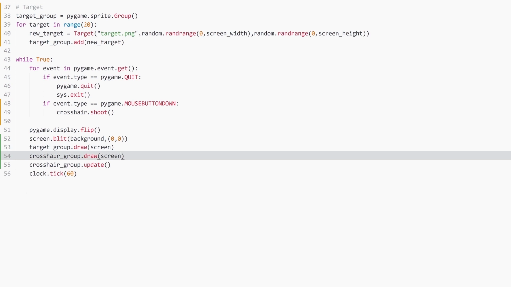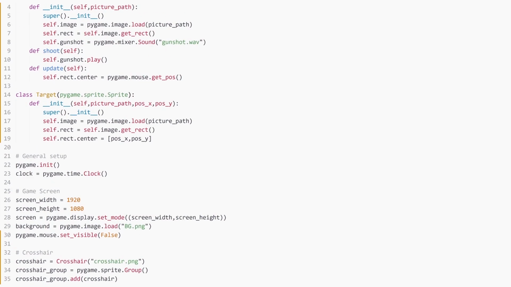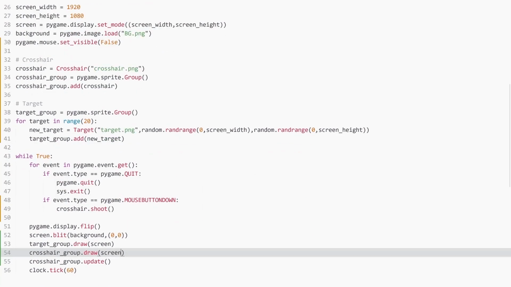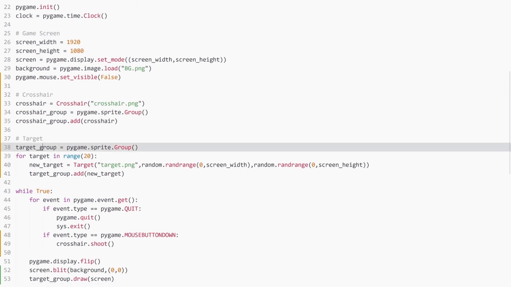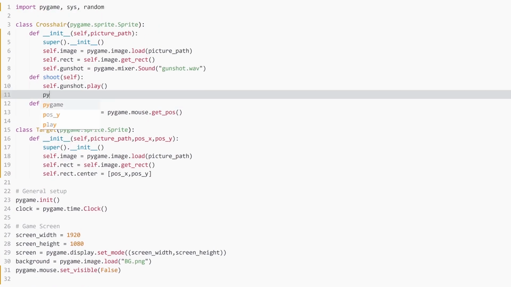So we are almost done. The one thing missing is that we need to destroy a target once we have clicked on it. And here is another really useful part of Pygame sprites. When we have, where did I put them? This group, target group, and the crosshair group, we can very easily influence when we want to remove single sprites from these groups. And we can do all of this in our shoot method. And the method we need is called